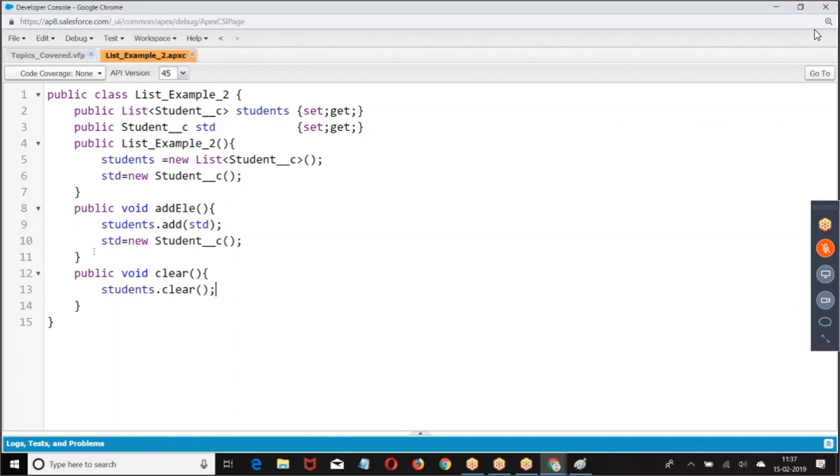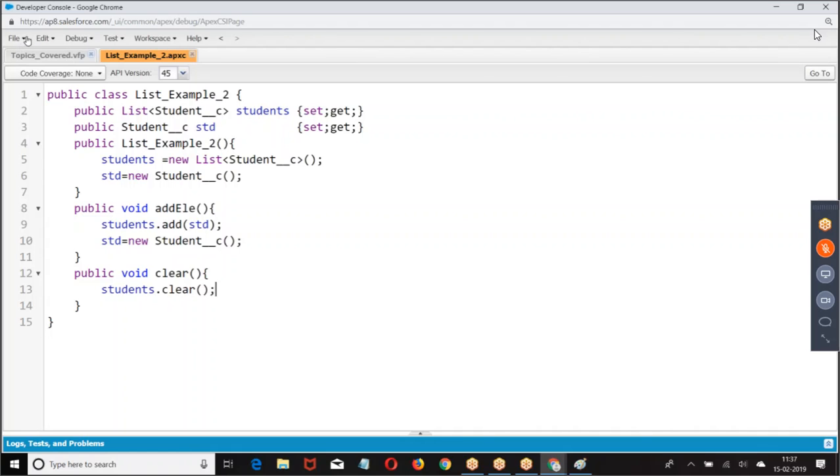Now, how do you design the VF page? In the code, any issue with this code? Everyone has followed this code, right? In the previous example, I had taken a standard object. In this example, I am taking a custom object, right? Any issue with this code? Clear for everyone, right?